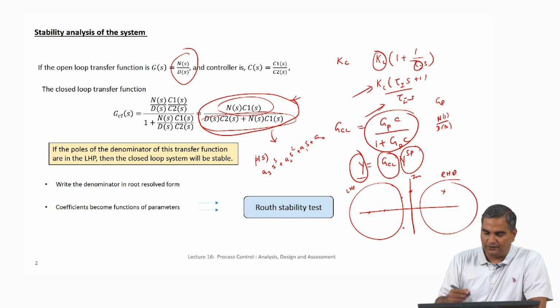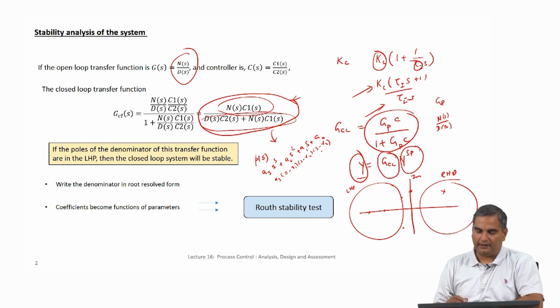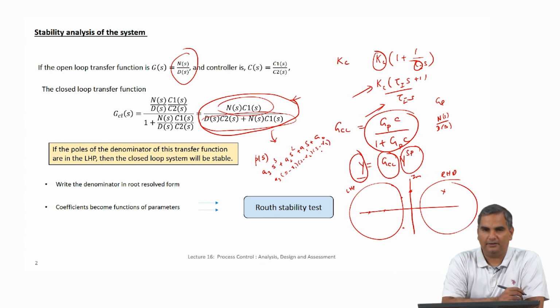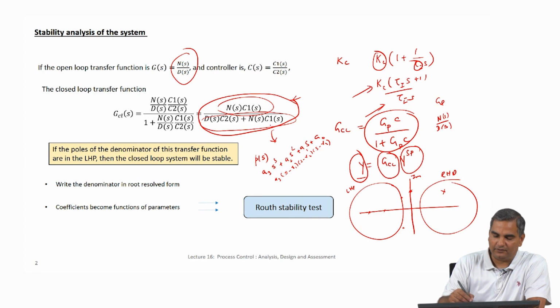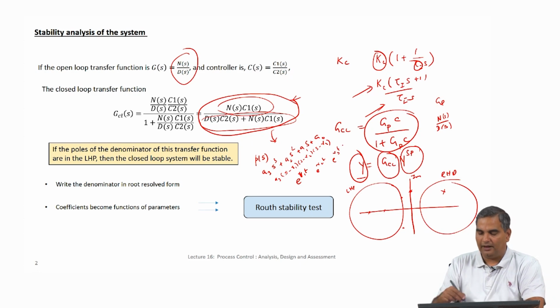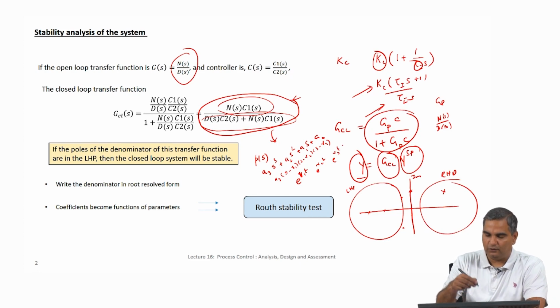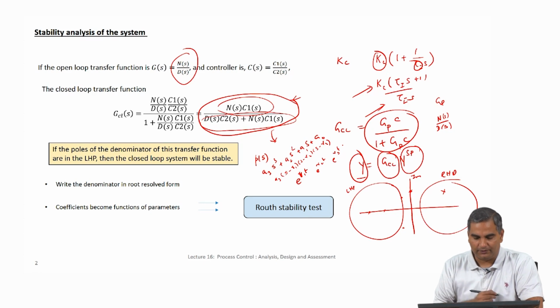If you specifically write this in some form where you have something like a3 times (s minus root 1) times (s minus root 2) times (s minus root 3), right, if you write like this, then this is what I call a root resolve form, and we know the advantage of this, because when we do the partial fraction in this root resolve form, we know that the terms that are going to come are of the form e^(r1 t), e^(r2 t), e^(r3 t) and so on, and if these roots repeat, then you know the corresponding form from what we have seen before.